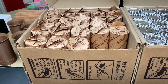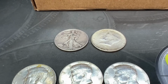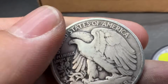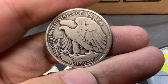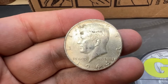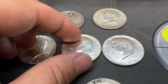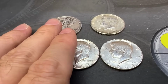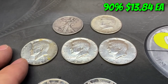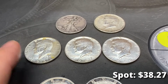Well, that wraps up box number 1, and it was honestly fantastic. Very early in the box, we did come across two 90% half dollars, a 1943, and I didn't see a mint mark here on the back, so we got ourselves a 43 Philly, and we did come across a 1964 Philly as well. We did also get three 40% silvers, a 66, a 67, and a 68 Denver. Now, each of our 90% silvers worth about $13.84 a piece at today's spot price, which was around $38.27. And each of our 40s is worth about